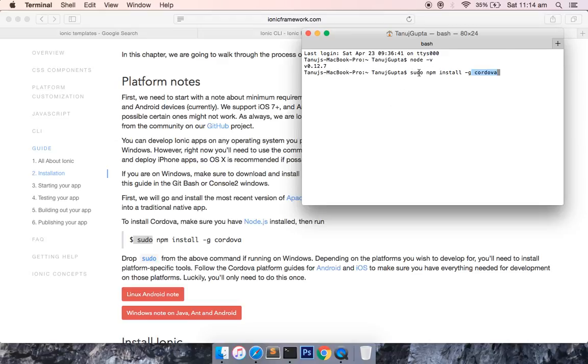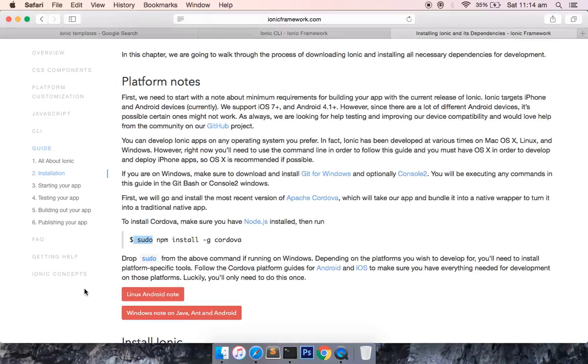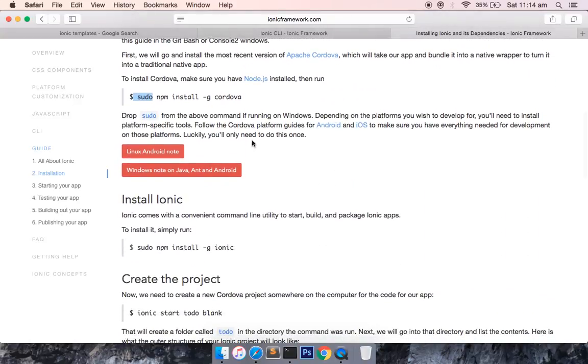Once you go ahead and install this, the next step is to install Ionic. So what is Ionic? Ionic actually sits on top of many frameworks which provide these features, such as AngularJS, Cordova, and PhoneGap also. So it is a collaboration, or a collection, of other frameworks that are out there in the market. So go ahead and do sudo npm install minus g ionic. Once you have installed these two successfully,